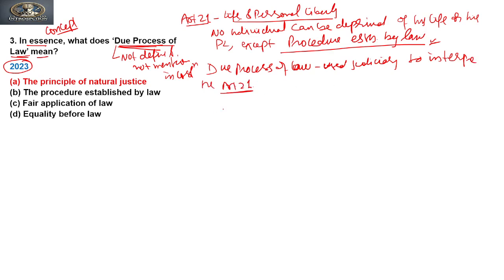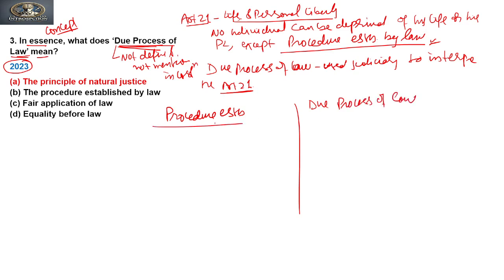Now let's see what is the difference between procedure established by law and due process of law. Procedure established by law means that, suppose that, as we know, the Indian